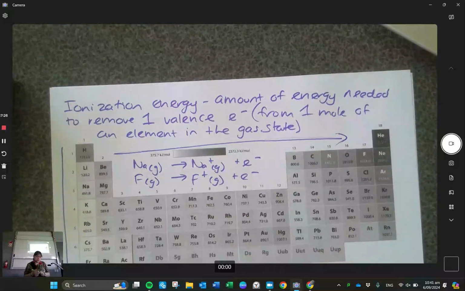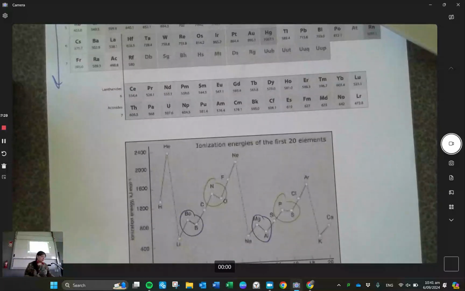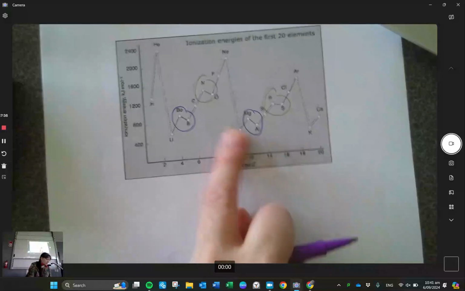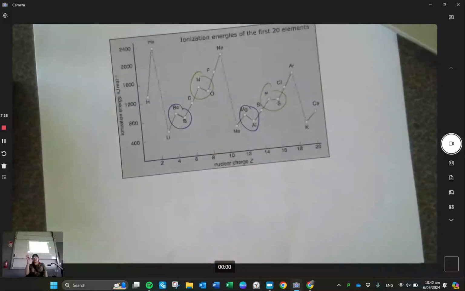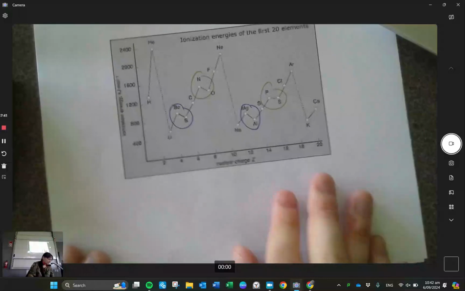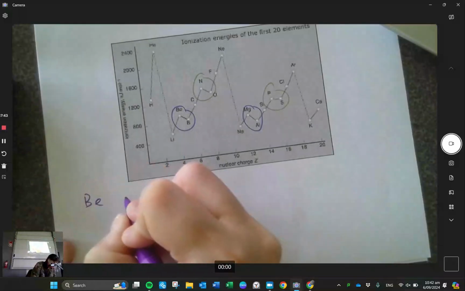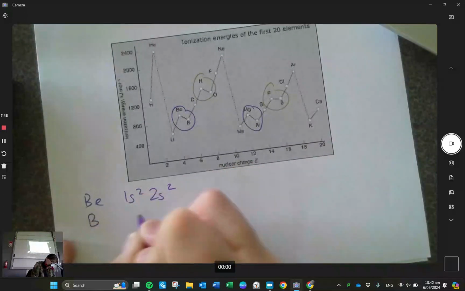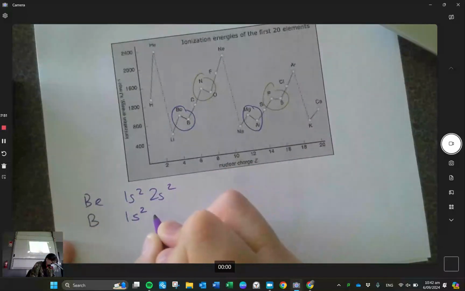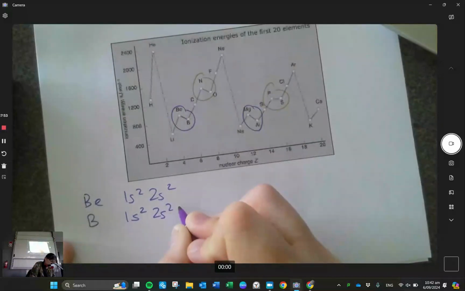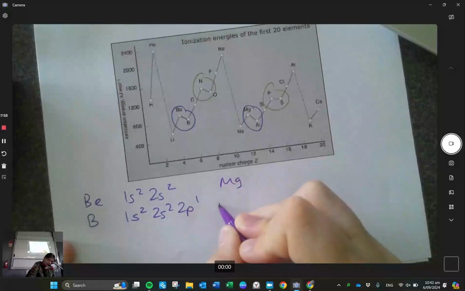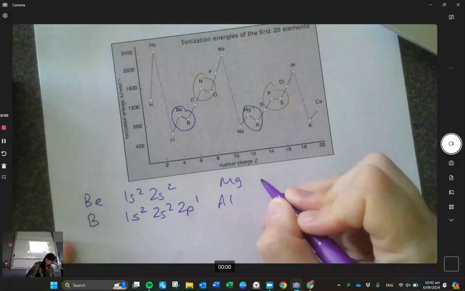The reason has to do with the electron arrangements for those elements. So when we're looking at beryllium and boron and magnesium and aluminium, let me write their electron configurations to show you why there's that dip there. So beryllium is 1s2, 2s2, whereas boron is 1s2, 2s2, 2p1. And then when we're looking at magnesium and aluminium, it is